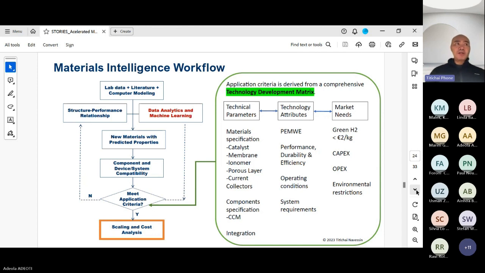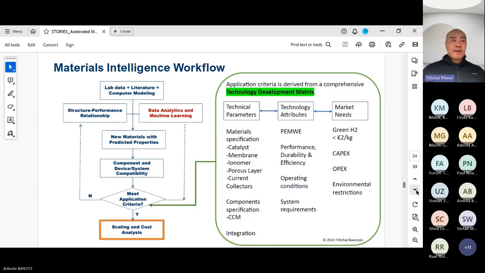And in the red boxes with the data analytics and machine learning, that can also help to shortcut it as well. And then if it meets the criteria, it goes down to scaling up and cost analysis. That's one technology readiness level higher, right? So further along the value chain. The question is, to meet the application criteria, what is the framework that we use to go about